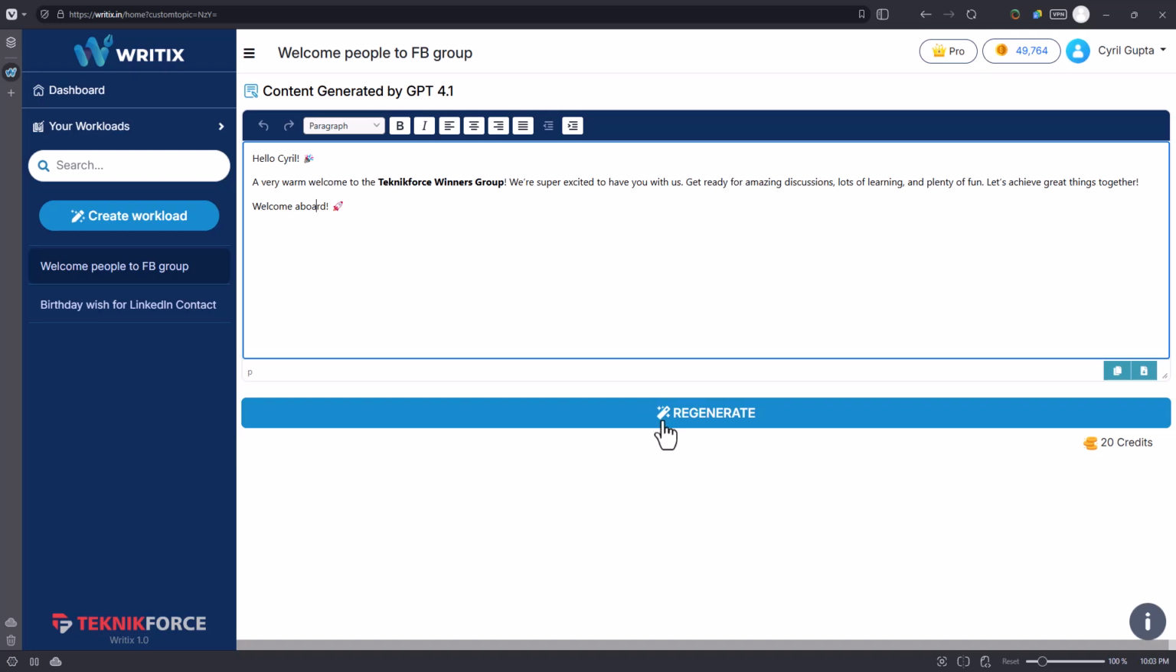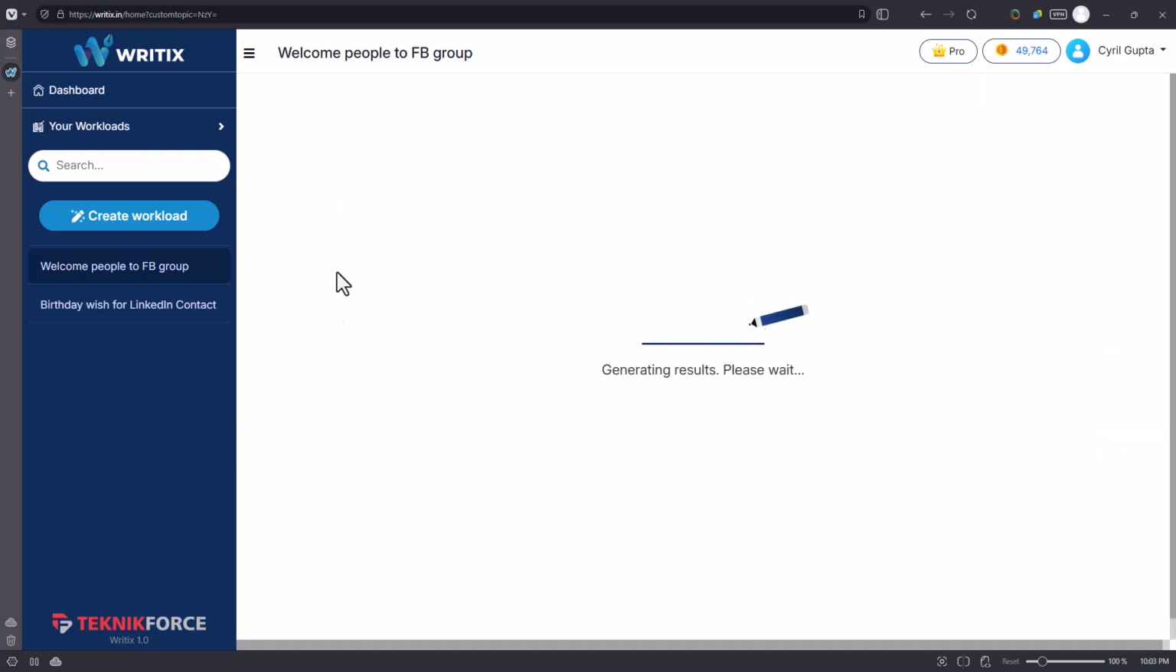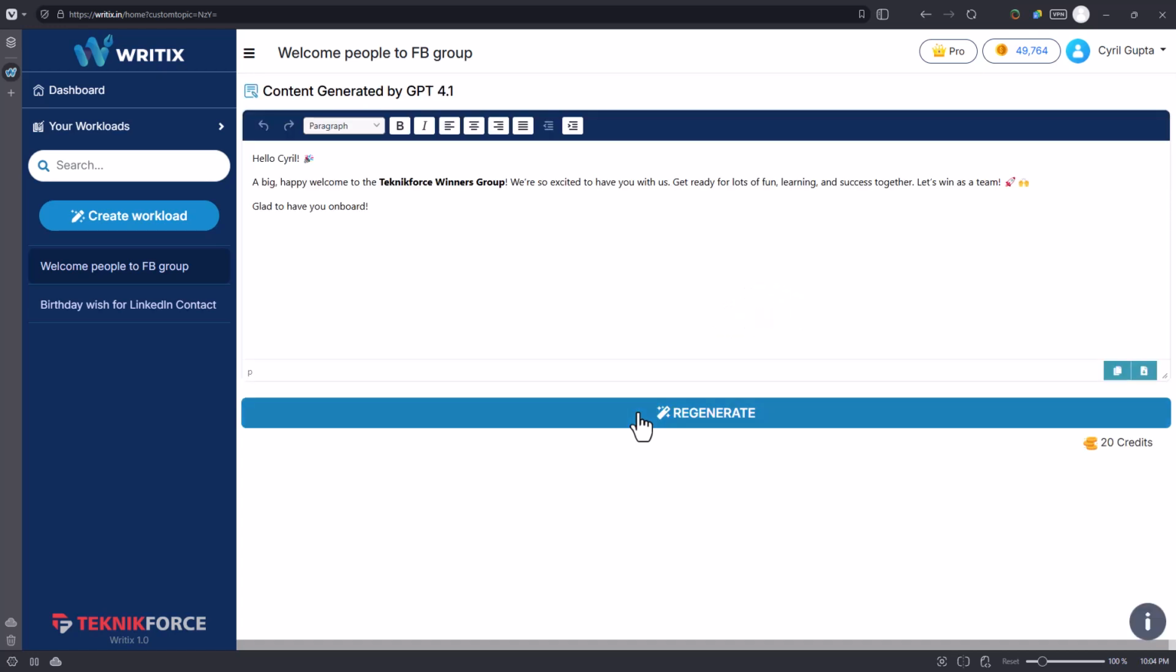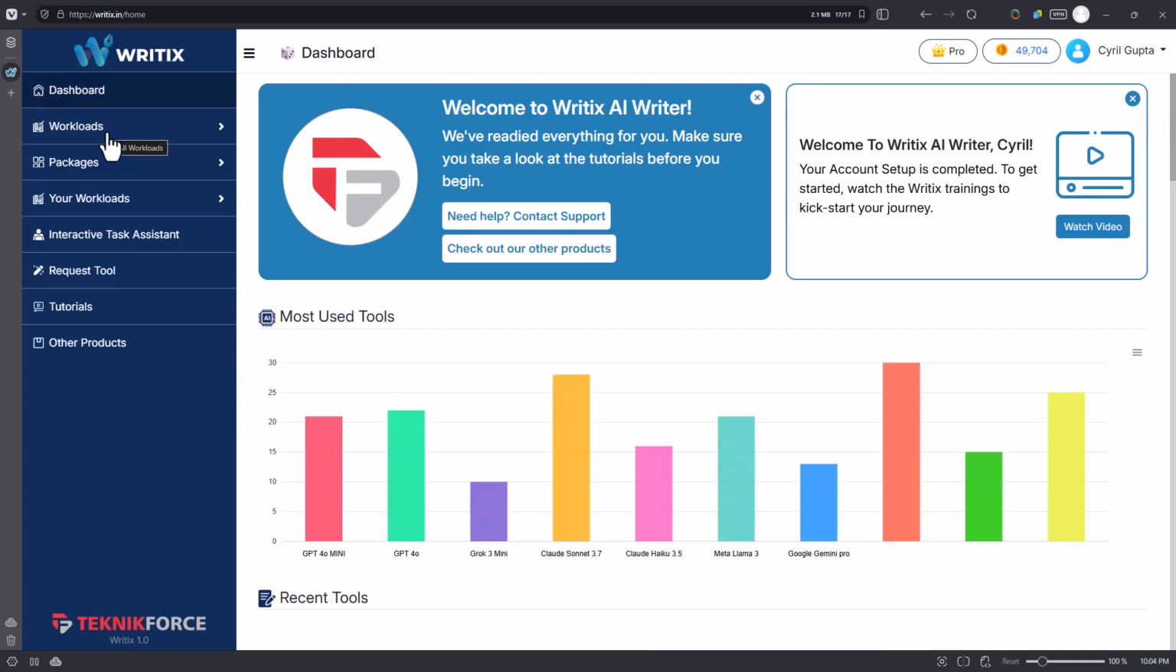And every time you regenerate, it's going to be a new message, right? So you can be sure that you are making your group unique. You're making your content unique. It will never be boring. That's what AI can do for you, and that's what custom workloads can help you with. But that's not all. Writix is truly an amazing software to help people with AI, and one of the best